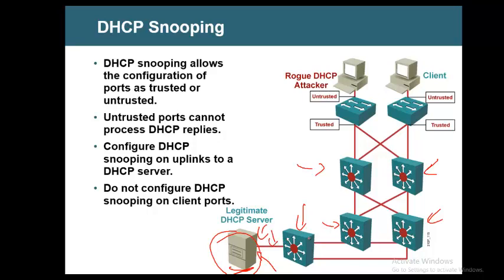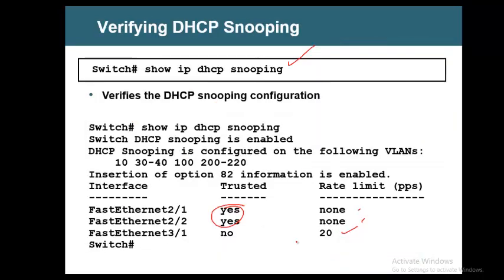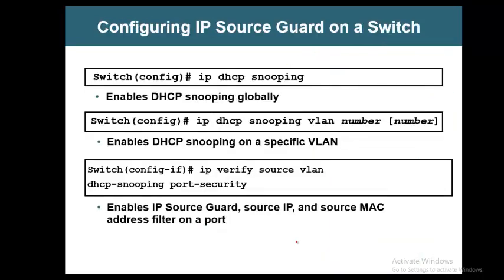So we need to update the table manually with the IP address and the MAC address of the legitimate server, because the legitimate server did not use the DHCP service. For that, we need this source guard command. All right,